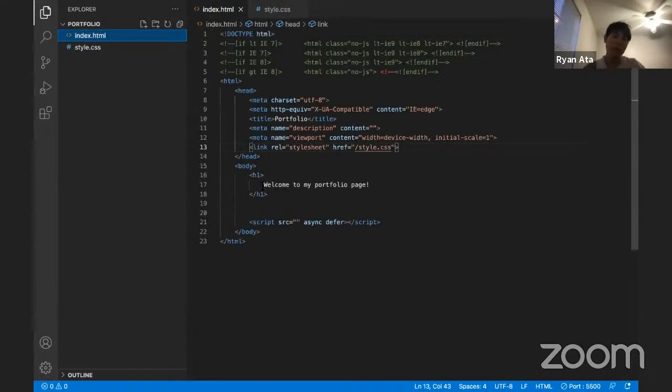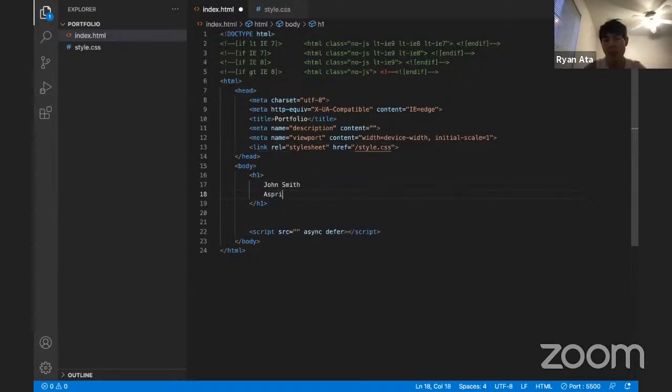I'm going to use a header element still because I quite literally still want to create a header. But this time, I don't want it to say, welcome to my portfolio page. I want it to say, very similar to what we envisioned, our name. So for this, let's pretend my name is John Smith. That's not my name, but let's pretend that it is. I also want to say what my position is. Let's maintain the same position as aspiring soft